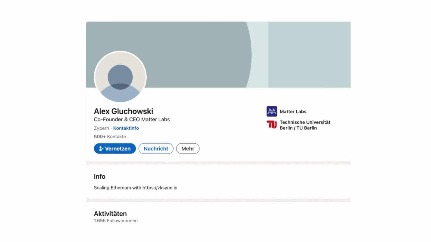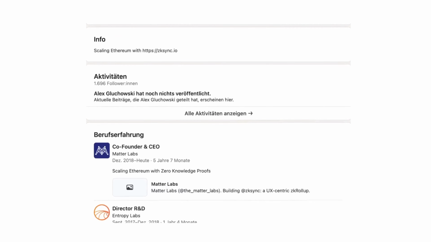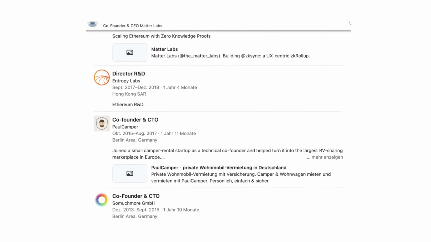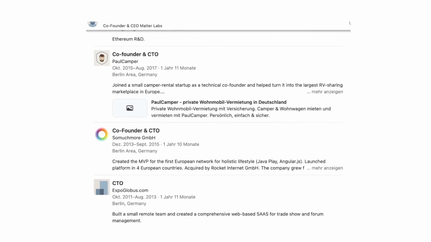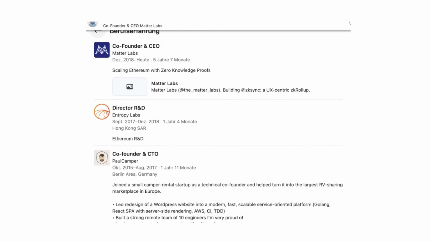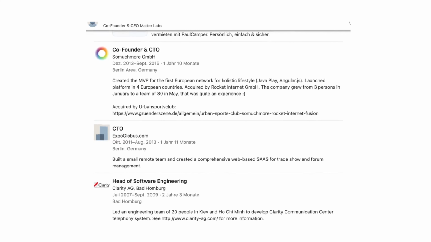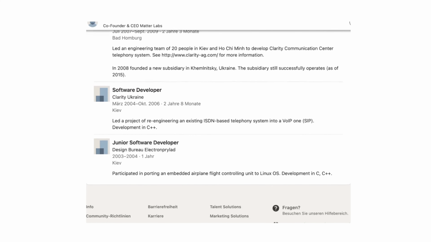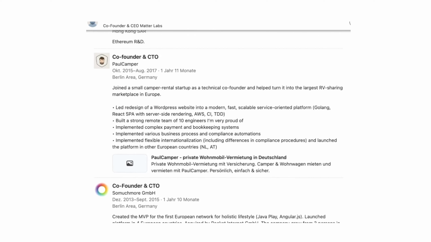The success of zkSync can be attributed to the innovative and dedicated team at Matter Labs. Let's take a closer look now at the key members driving this revolutionary project. First up, at the helm of zkSync is Alex Gluchowski, a visionary leader with a deep understanding of blockchain technology and cryptographic proofs. His expertise and commitment to creating a scalable and secure Ethereum has been instrumental in the development of zkSync. Alex's leadership has guided the team through various challenges, ensuring that zkSync remains at the forefront of Ethereum